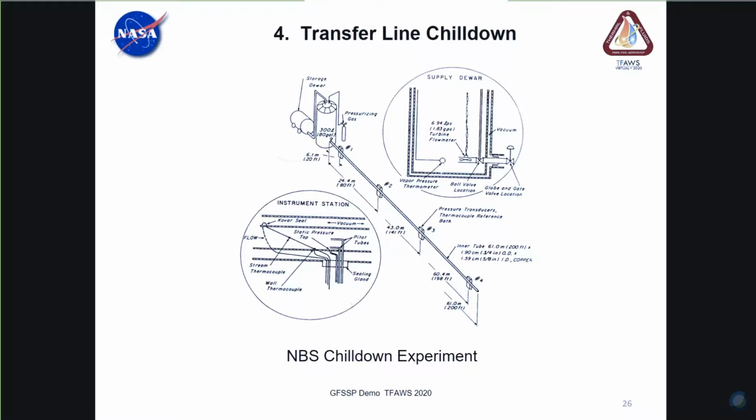Sometimes in propulsion applications, especially when working with cryofluids, we're interested in chill down of transfer lines. And this can be on the ground, long lines going to propellant tanks on a vehicle, or it can be shorter lines going between a spacecraft tank to an engine, or going from an on-orbit depot to a spacecraft